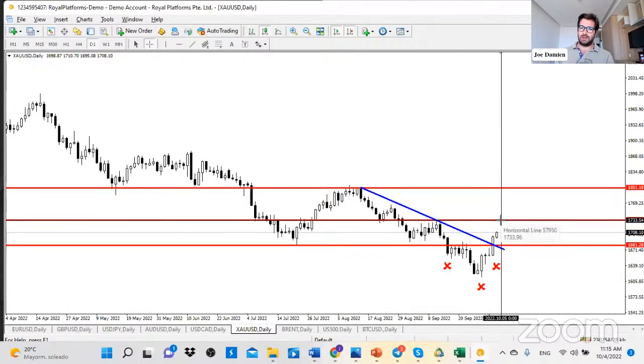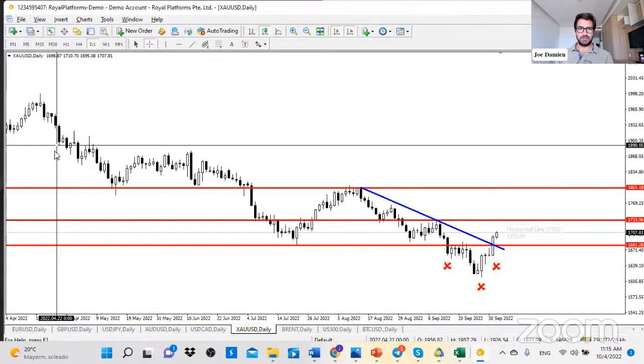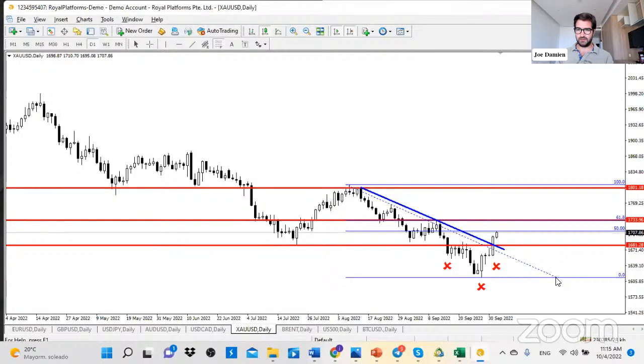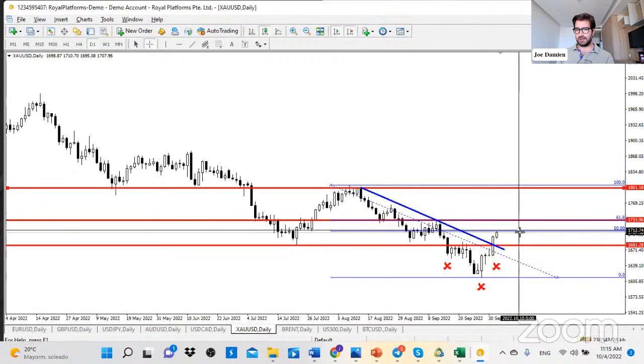So what I will think of doing here is to wait until the market reaches 1733, which is, I think, a relevant level on Fibonacci retracement. You can see it is the 61.8. If I use the exact high, okay, so we have the 61.8 here, right at this level, 1733. We have a resistance as well, which is a relevant one. So most probably the market will reach this level, find some new sellers here, and then push the price to